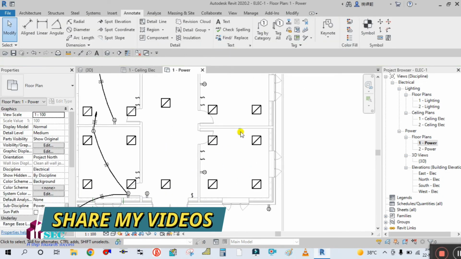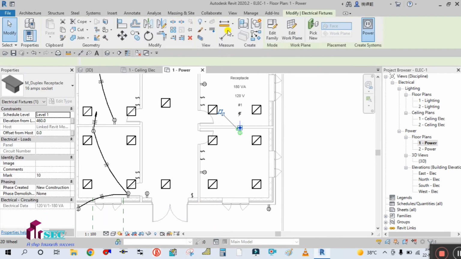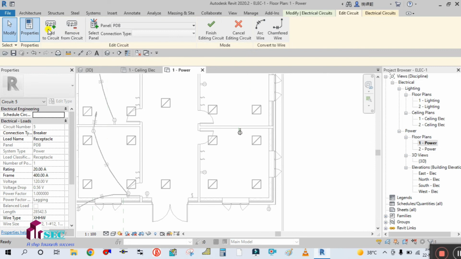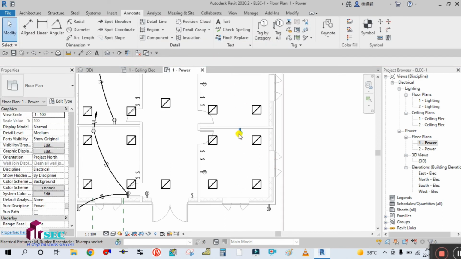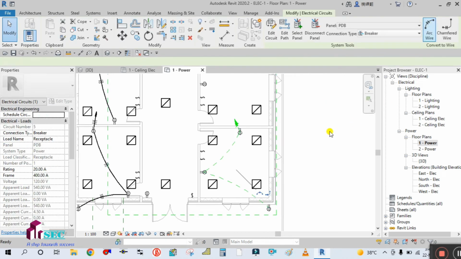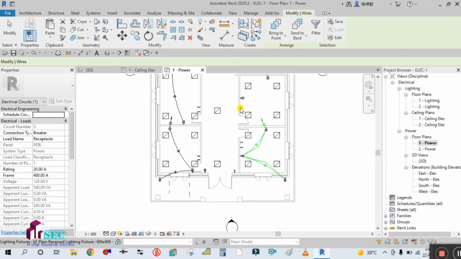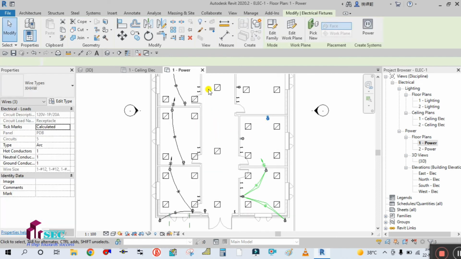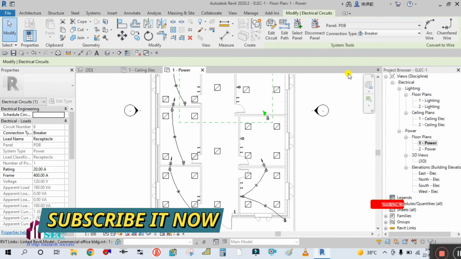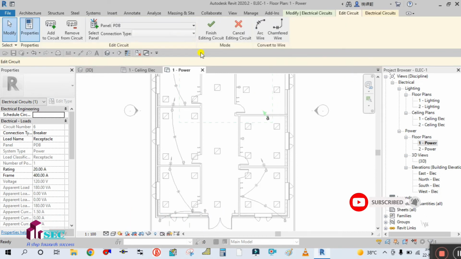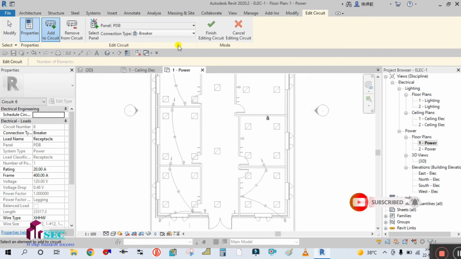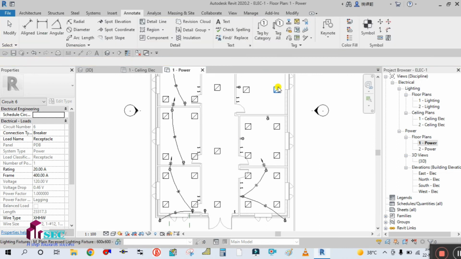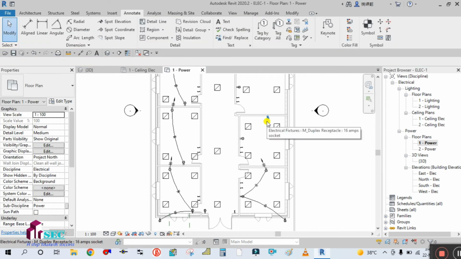Similarly for this room, I'm going to select this socket and then click on power, then click on edit circuit, then add circuit, then I'm going to add this three socket and finish editing system. Press tab key and then select on arc wiring. Okay, similarly for this room, so select this socket, click on power, then edit circuit, then add circuit, then select these two socket and finish, and then